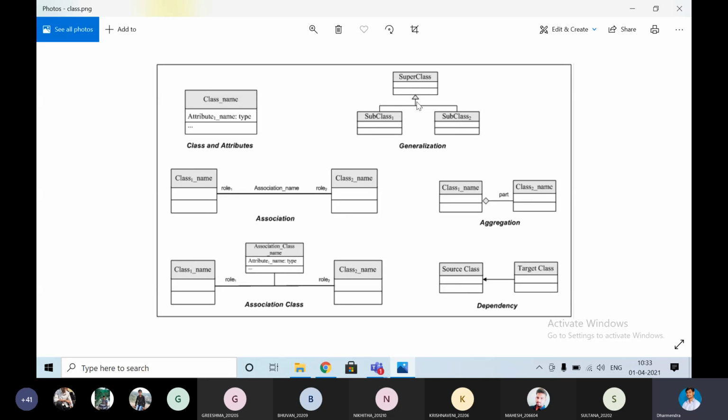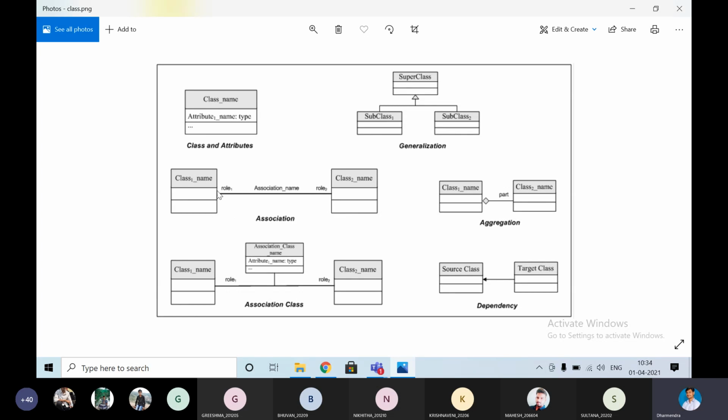If we get such a situation in the class diagram, parent and child, we have to represent it like this. Let us see some examples later. Generalization. Next we have association.